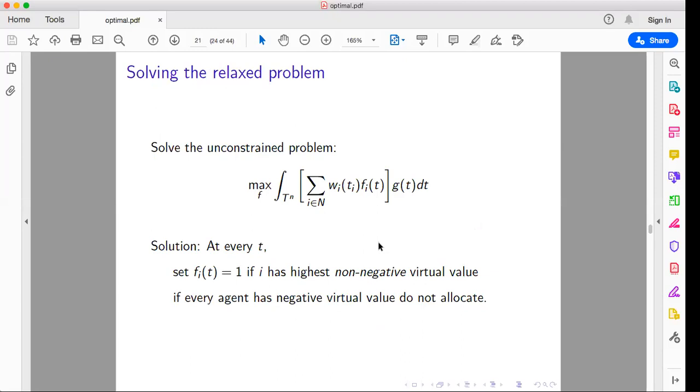Just give it to the highest virtual value bidder. Yeah, even if he has a negative virtual value. Okay. So of course, with regularity, that rule is non-decreasing at all. But notice the following: the highest virtual value bidder is not the highest valued bidder if agents are asymmetric,